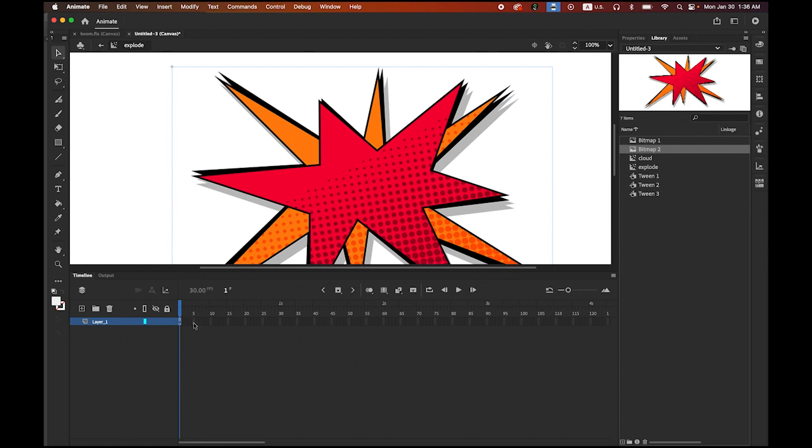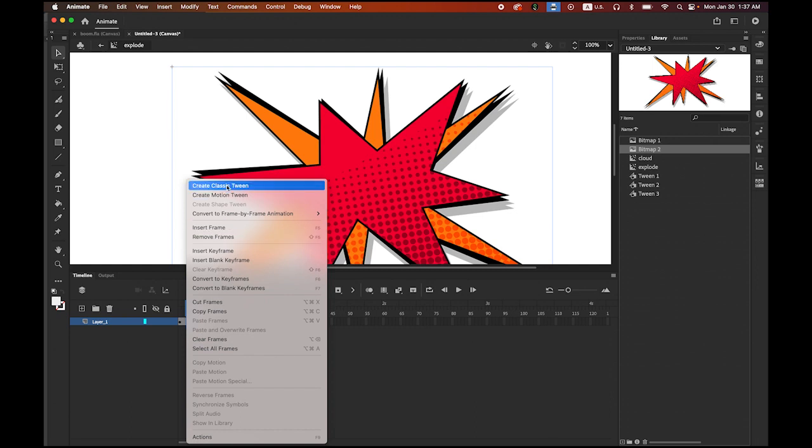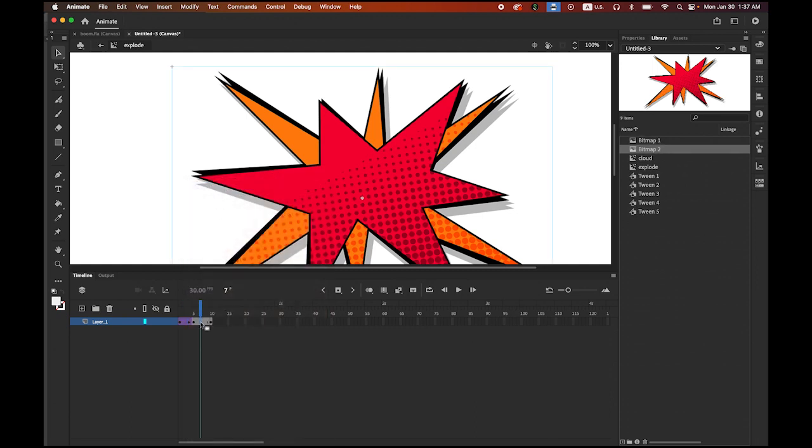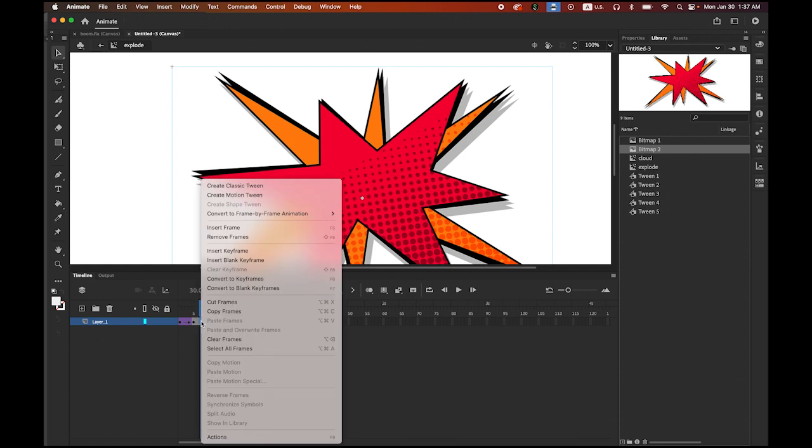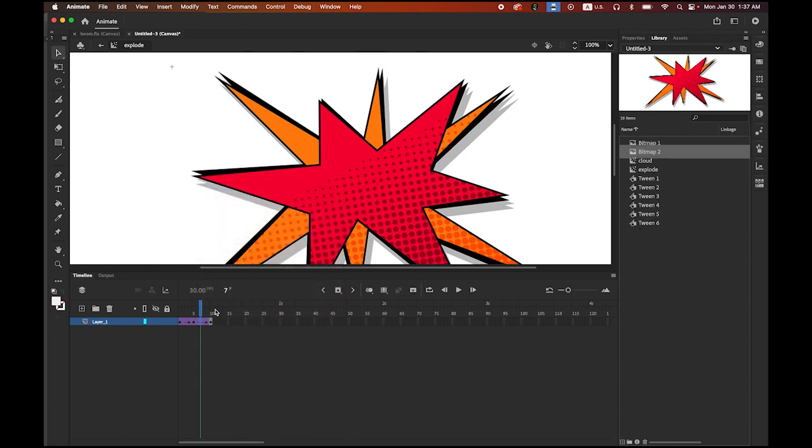I'll repeat the same thing. Frame number 5, insert a keyframe. Frame number 10, insert another keyframe, and select any frame in between 1 and 5. Hold down the Control or right click and create classic tween. Do the same thing between 5 and 10. Control, click, classic tween. This time